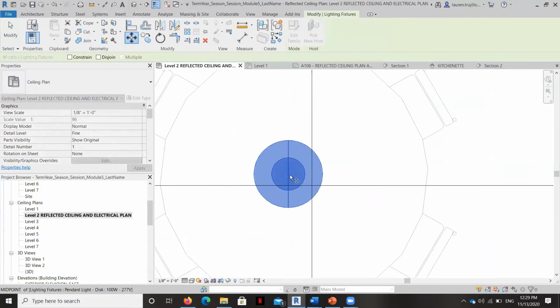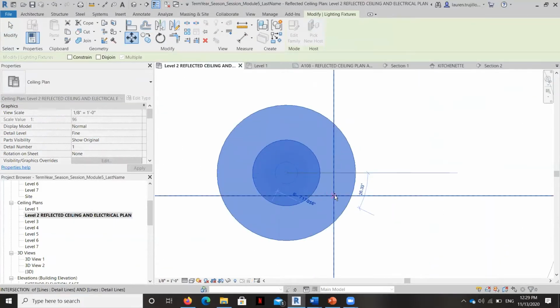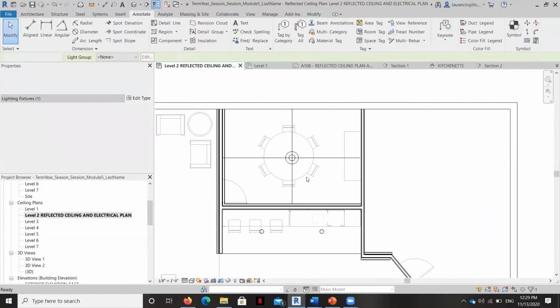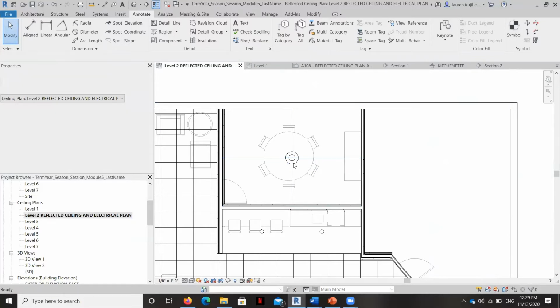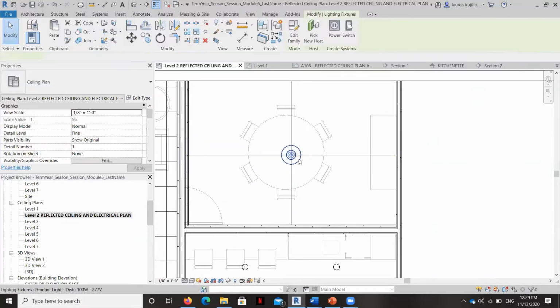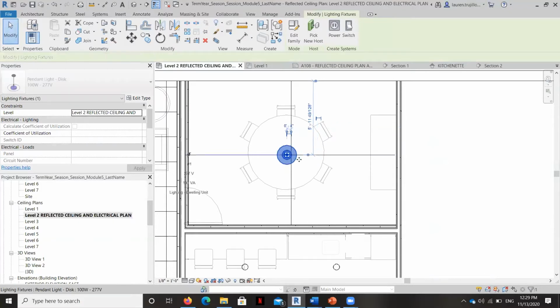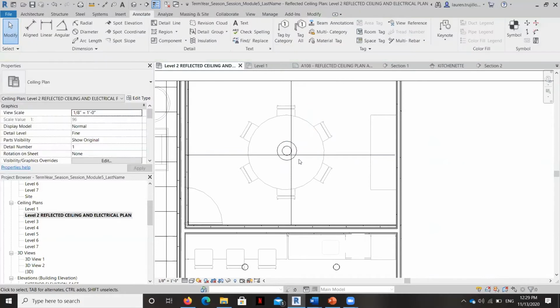But I'm going to just move that over. Grab it from the center point here. Okay, and then I'll go ahead and move that table as well, just so that it's aligned. Or since we have to maintain traffic patterns, we could move it up just a little bit, because the eye wouldn't perceive that it's off center there.